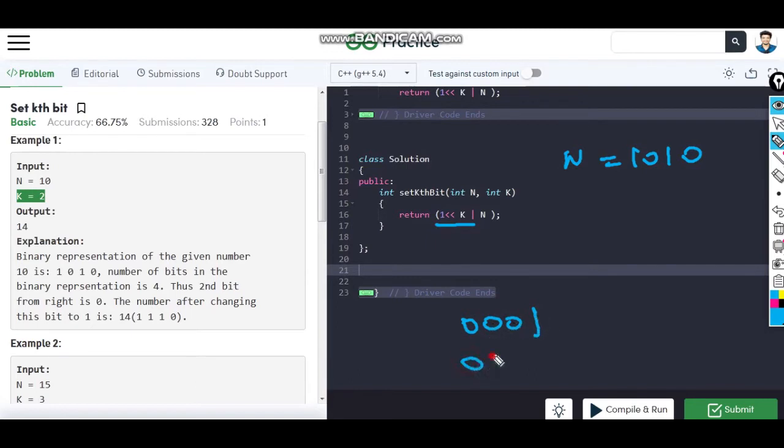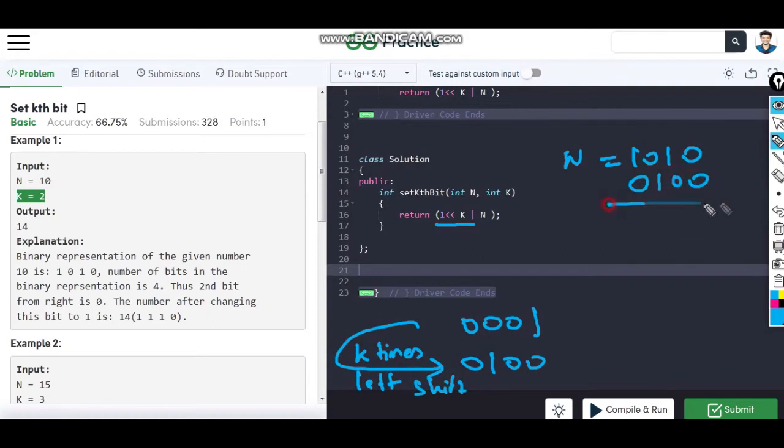So 1 will be here after shifting k times to the left, and then I do the bitwise OR operation with the number 1 0 1 0. So I will get the answer 1 1 1 0. It's easy, right?